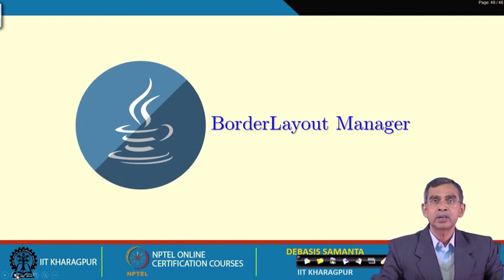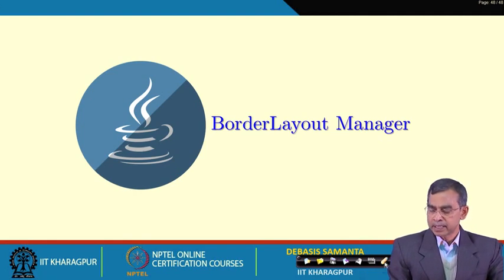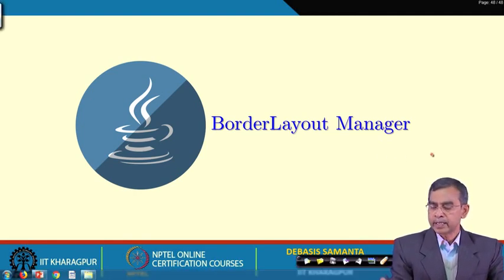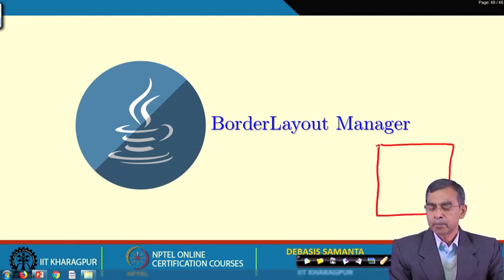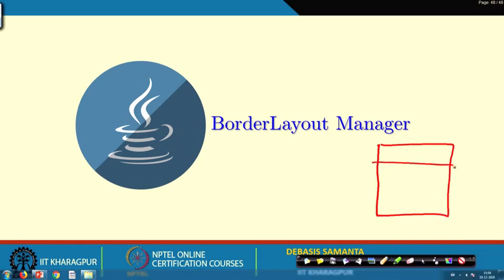The next example is the border layout manager. The idea of the border layout manager is, if this is the entire frame or applet, whatever it is, then border layout means it has a few borders: one border, another border, another border, and a center.